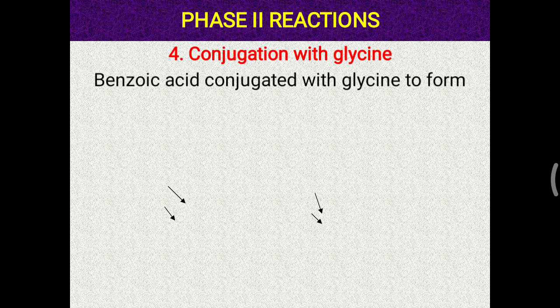Now, conjugation with glycine. Benzoic acid is conjugated with glycine to form hippuric acid. You have already done the practical on normal urine, in which hippuric acid is considered a normal component. Hippuric acid is normally not present in large amounts, but mostly when a person has taken junk food or fast food containing preservatives, commonly vinegar. In the vinegar, benzoic acid is present. So if vinegar or benzoic acid is taken, it will be conjugated with glycine, making hippuric acid, which you have to remember.